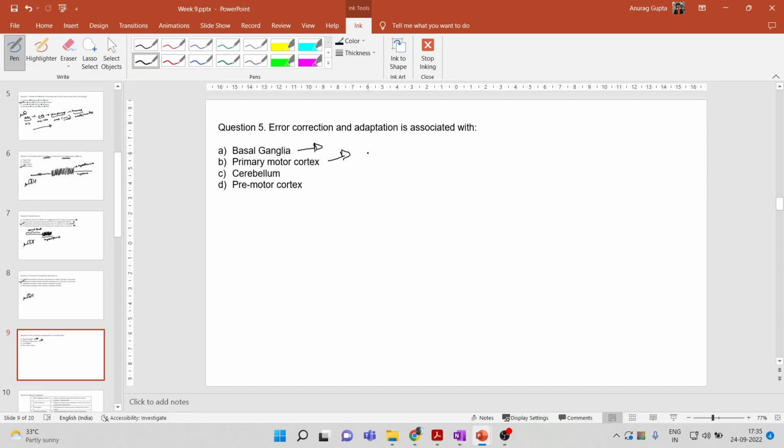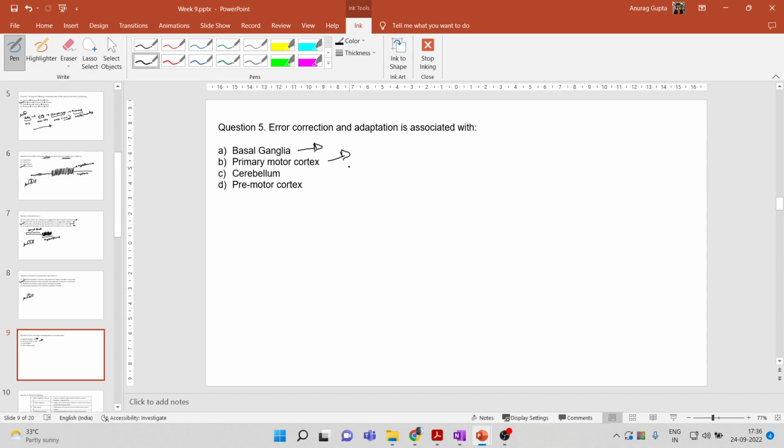And primary motor cortex is involved in controlling movements. It gives certain commands to the muscles. These commands go through the spinal cord, and other mechanisms come into the picture, and then finally the command is executed at the level of the muscle by contraction of the muscle, which leads to movement when the muscles contract in a synchronized way. So the primary motor cortex is involved in that. However,